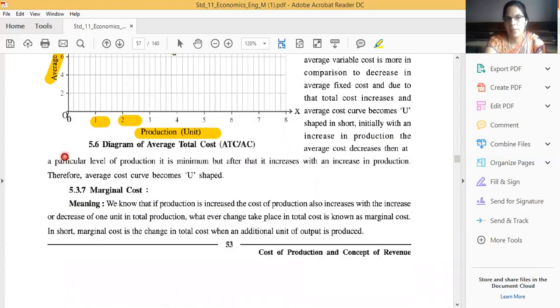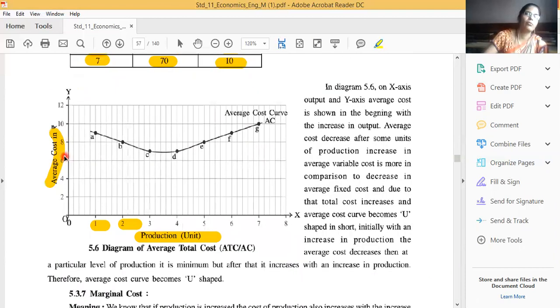So the same type of points we can write, 2, 3, 4. If you want, you can write directly 1, 2, 3, 4, 5, 6, 7, 8, 9, 10. Otherwise, you can write 2, 4, 6, 8, 10. Okay, it depends on your wish. You can start from 1 and the last one will be 10. If you want, you can start from 2, then 2, 4, 6, 8, 10. You can write this type of scale. But remember what is the minimum and what is the highest value. Then one by one we have to draw the diagram.